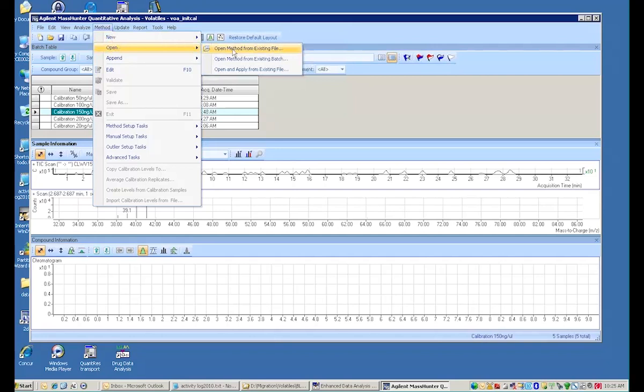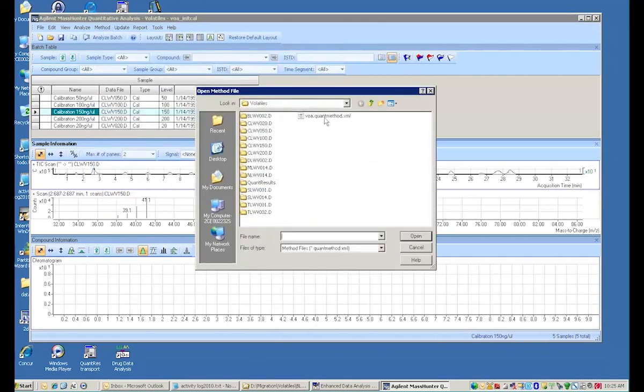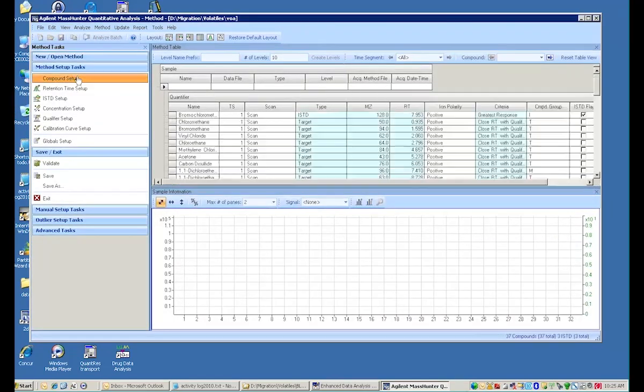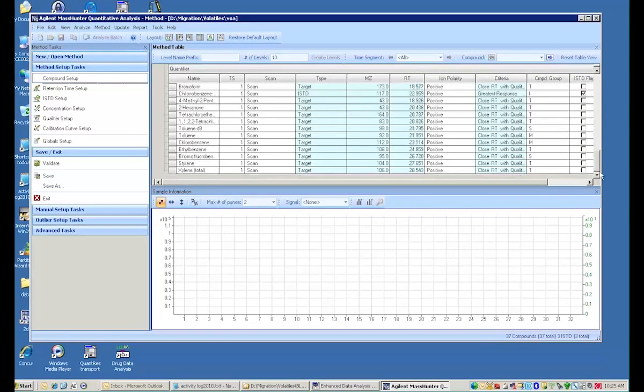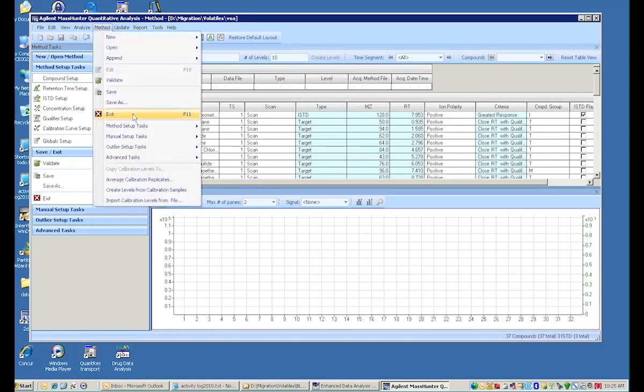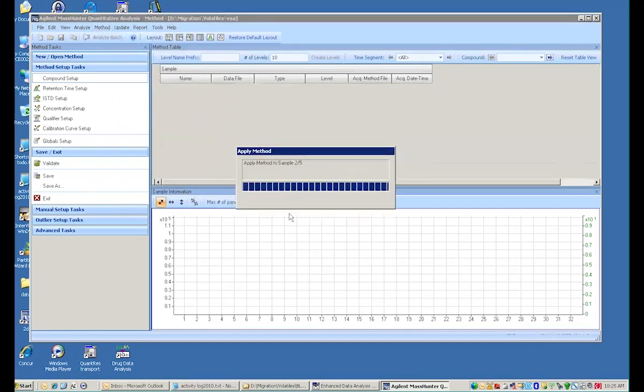Okay, anyhow, let's go take a look at the method. Let's open the method from an existing file. We just migrated one. There it is, VOA quant method.xml. Let's go ahead and open that up. And I'll go to the compound setup, and here are all our compounds, and everything has already been brought over from the MSD ChemStation, including all the criteria, the masses, what are internal standards, what internal standards it's a reference to. So really all we have to do at this point in time is do an exit, apply this method to the batch,